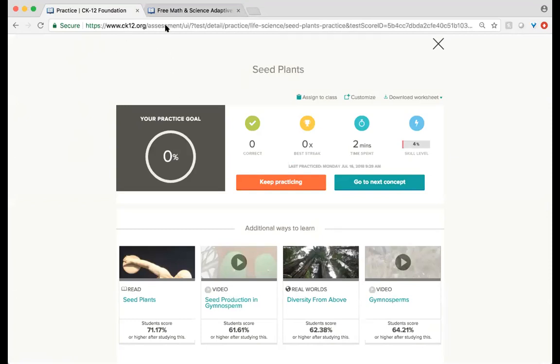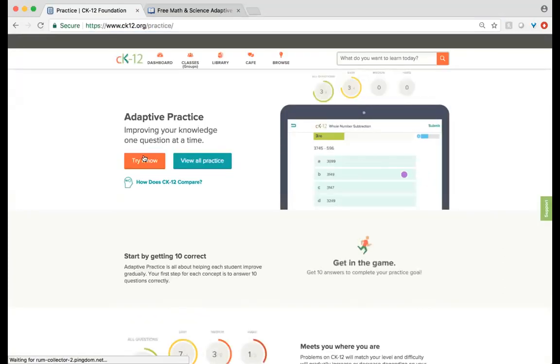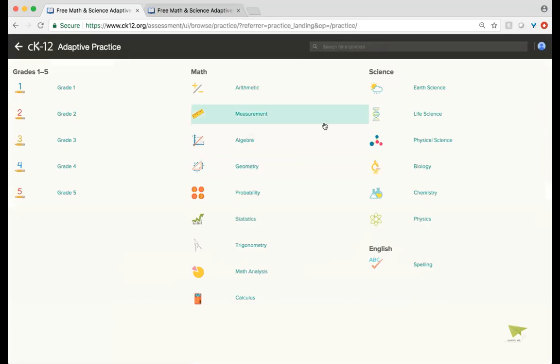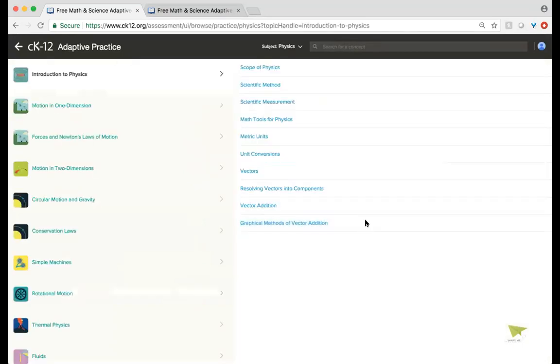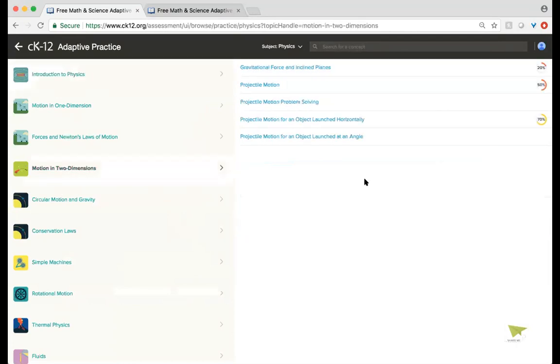So this is what a report would look like when it's popped up at the end. Was the question about, let's see. So when I showed you the percentages earlier, if I go to view all practice, I think this was the question, right? I haven't done any practice on these particular concepts because it would tell me in the far right. I know that in motion in 2 dimensions, this is what I showed you earlier, where I can see that I've started these practice concepts, but I haven't finished. So students and teachers would be able to see progress through this adaptive practice window here.